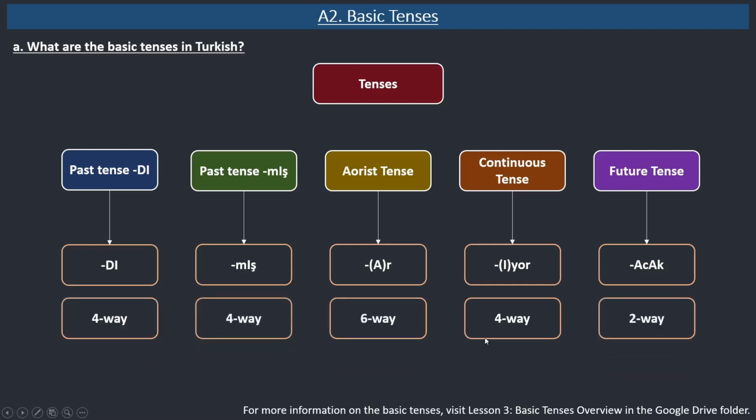In your free time, you can go to Google Drive and get more information on the basic tenses and vowel harmony rules. For now, that's just a quick reminder. We will combine sa or se with these suffixes, like saydı, saymış, or arsa, iyorsa, and acaksa. Okay,